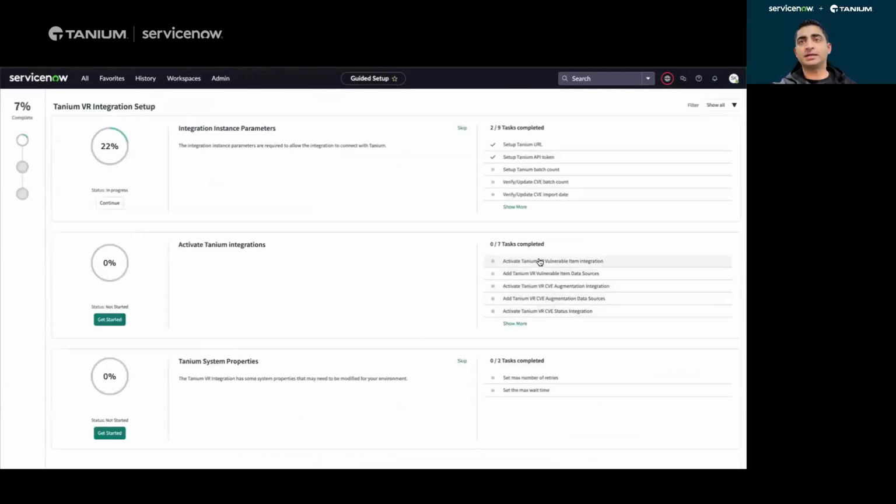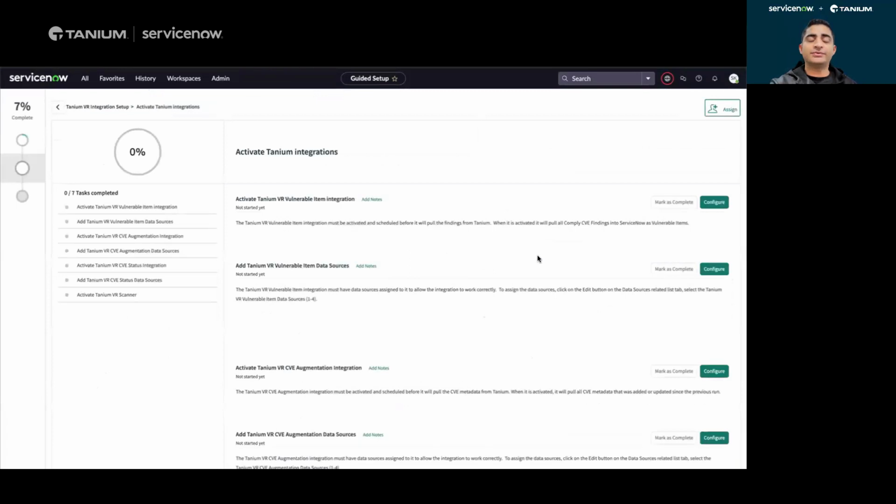The second part of the setup is activating the integrations. There are more than one; there are 3 integrations total with our product. The first integration is what we walked through today, which is bringing the vulnerability findings into ServiceNow, making sure you're aware of what's in the environment and giving you a sense of business risk around those CMDB CIs that have vulnerabilities on them. That's the first integration, and that's the first 2 items here called Tanium VR Vulnerable Item Integration. Vulnerable Item is the integration that we just set up in the Connect job, and now we're setting it up on